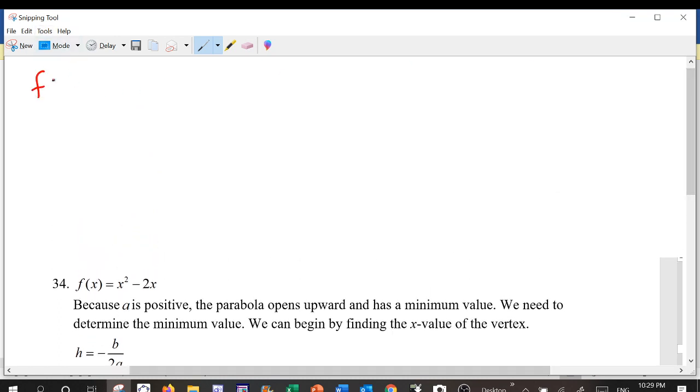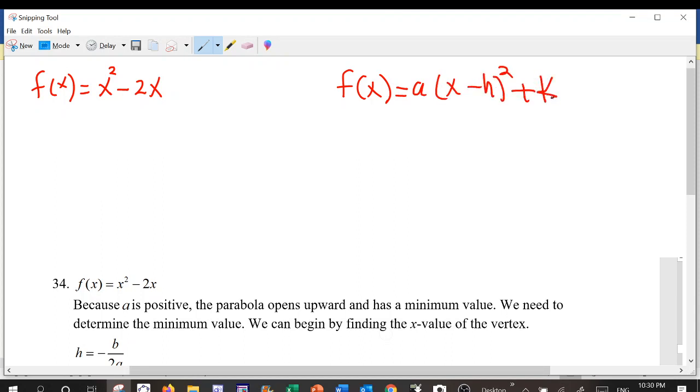Okay, so we know that x squared minus 2x, okay? So we know we can convert it to this form. Again, a(x minus h) squared plus k. What is h here? We know h is negative b over 2a. a is 1, and b is negative 2. So that's 2 over 2, which is 1. So h here is 1,